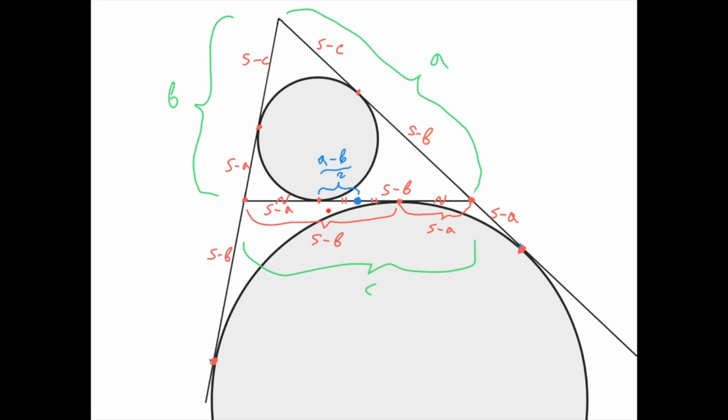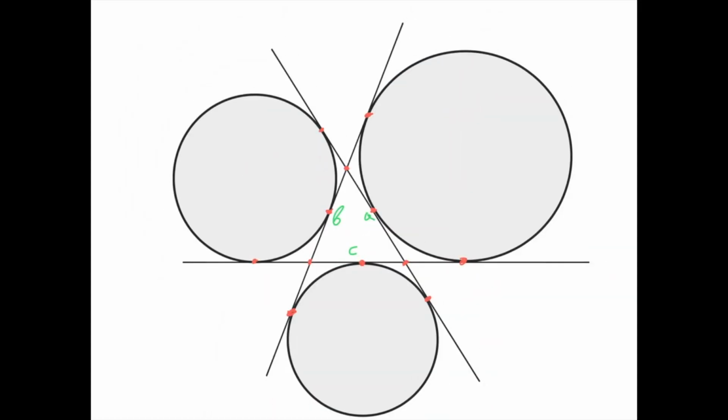And so, this little segment between the midpoint and the tangent point of the incircle is (a − b)/2, and this little segment here is also (a − b)/2. And therefore, the distance between the tangent point of the incircle and the tangent point of the excircle with this side is a − b. So to recap, if we have a triangle with side lengths a, b, and c,